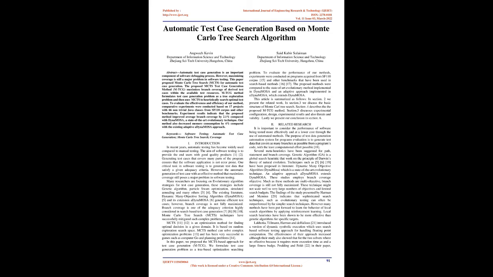Introduction. In recent years, automatic testing has become widely used compared to manual testing. The aim of software testing is to provide end users with good quality products. Generating test cases that cover many parts of the program ensures that the software application is not error-prone. One critical task in software testing is to generate test data that satisfy a given adequacy criterion. However, the automatic generation of test cases with an effective method that maximizes coverage still poses a major problem in